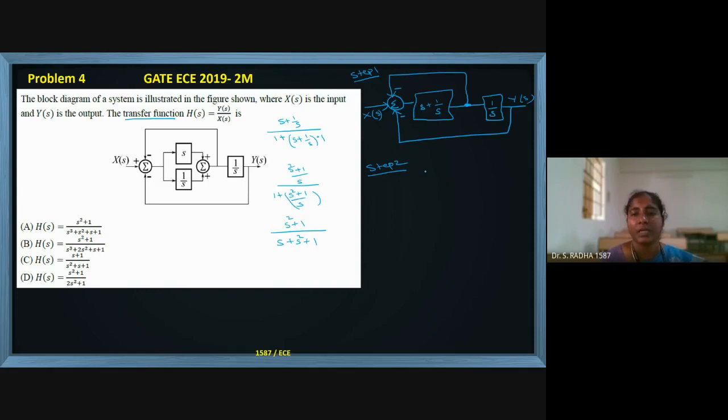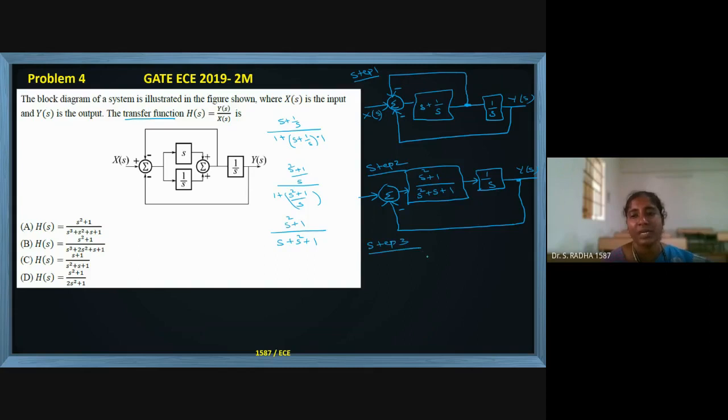Okay, so reducing the upper side negative feedback, we will have this block. I simplified it by the side. And then the summation still exists because in the downward direction we have one feedback path. This 1 by S also remains. This is Y(s). And here is the negative feedback. The upper side we have reduced, so the upper feedback will go off because we have applied G by 1 plus GH. This is step 2.